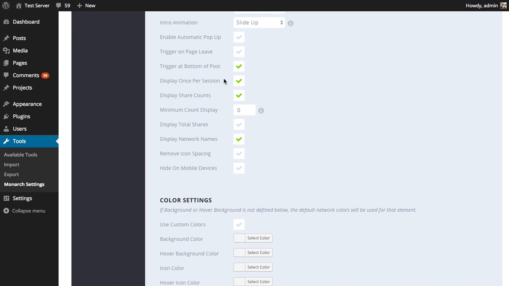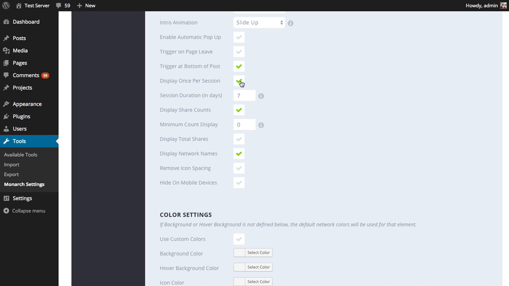In addition to that, you can also choose to limit the number of times that FLYIN is shown per visitor on a session basis. So if you think, wow, all these triggers, all these pop-ups and FLYINs, it's just too much, and I don't want my visitors to see one on every single post they go to, I want to make it a little bit less aggressive, but I still want to increase my sharing and use this location. So I want to display the FLYIN only once per session,